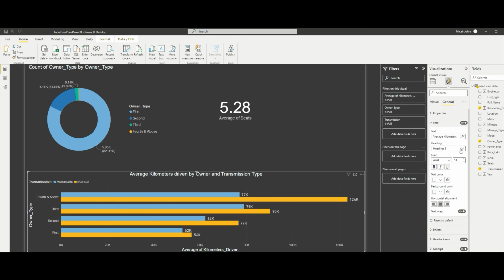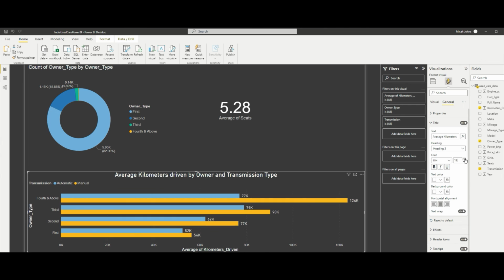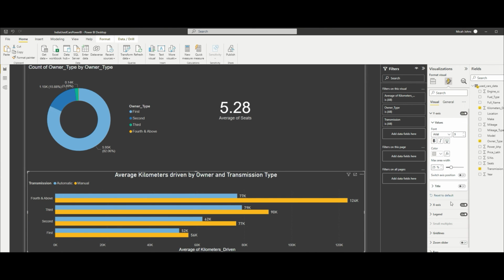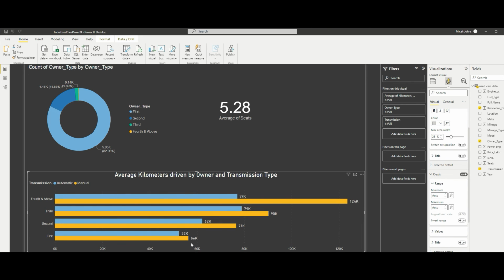We'll align that, set the font. I'm going to remove some of these values here for the titles. Actually, down here for this title, I'm going to actually change this and say